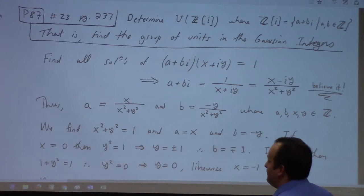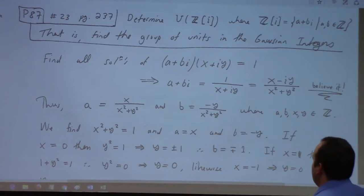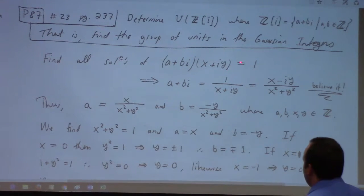So you're just looking to solve a plus bi times x plus iy equal to 1. So these are complex numbers. So I can divide, and I can conjugate. Then this is equal to that only if the real and the imaginary parts are separately equal. But these are integers, and those are integers. So you can't have a fraction equal to an integer unless this is what? That has to be 1 or...